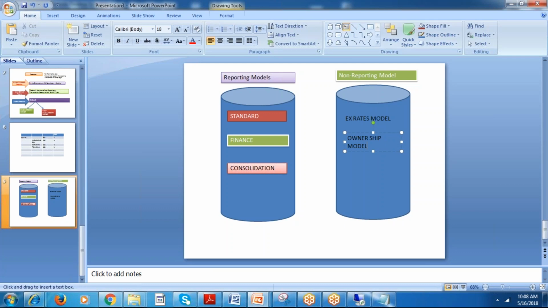And we have the generic model, right? Generic model.